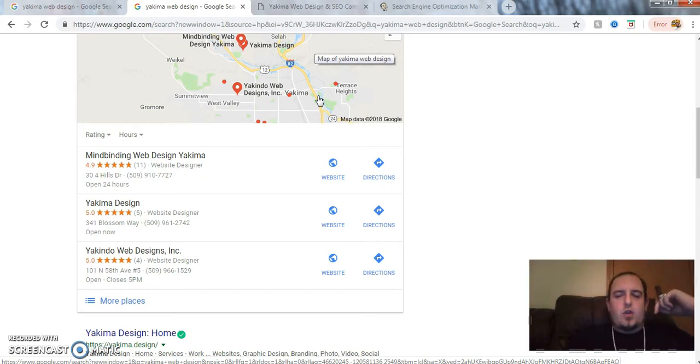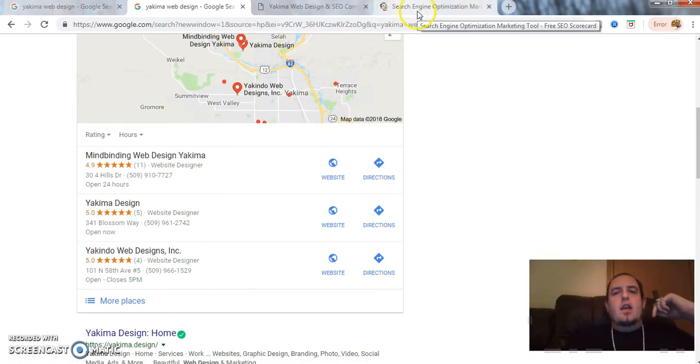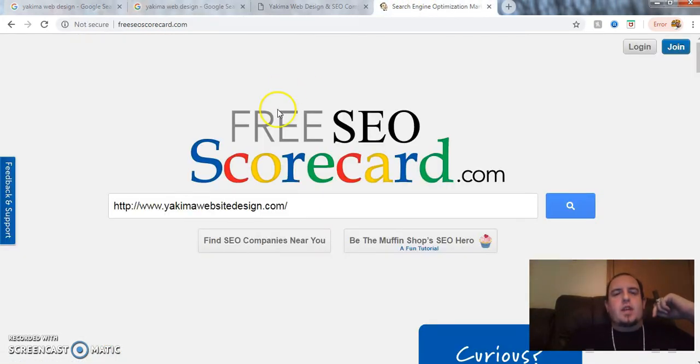Second position in Google gets about 17 to 19%. Third position gets less than 12%. And fourth position gets even less than that. You're talking about 4% or less for any other ranking other than the top 3 on search engines like Yahoo, Bing, and Google. Okay? Now also, I want you to check out this website too,